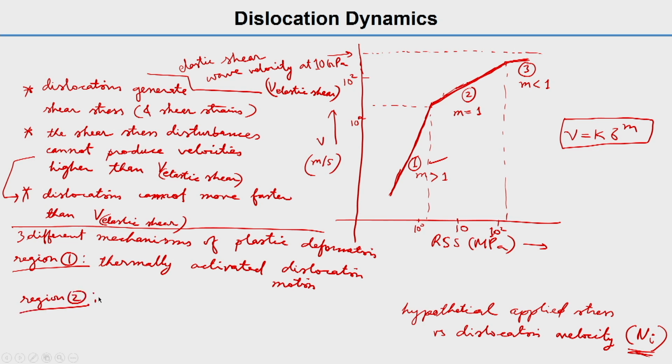Then region 2, that mechanism is called phonon drag. We will discuss that, phonon drag. And then region 3 is the relativistic effects. So we will discuss all three mechanisms: the thermally activated dislocation motion,